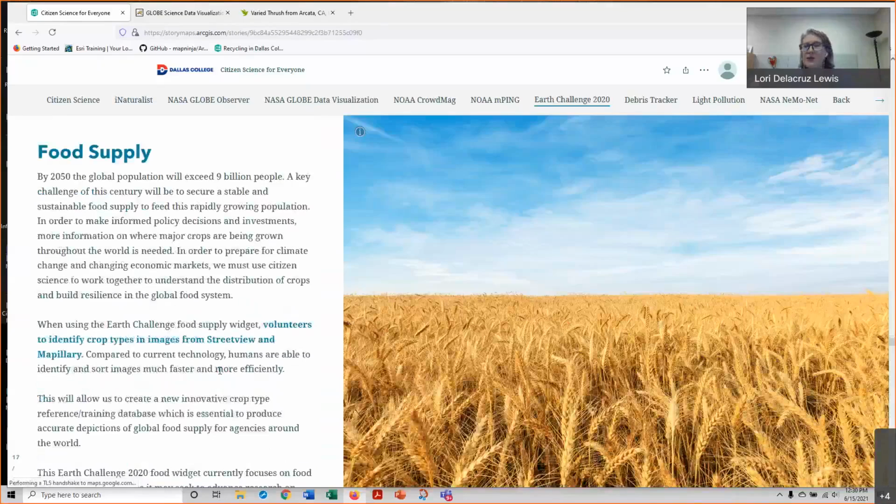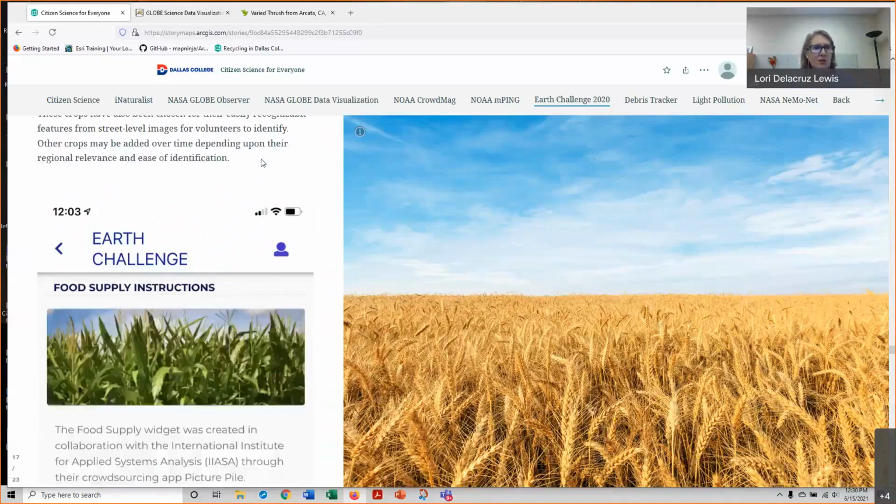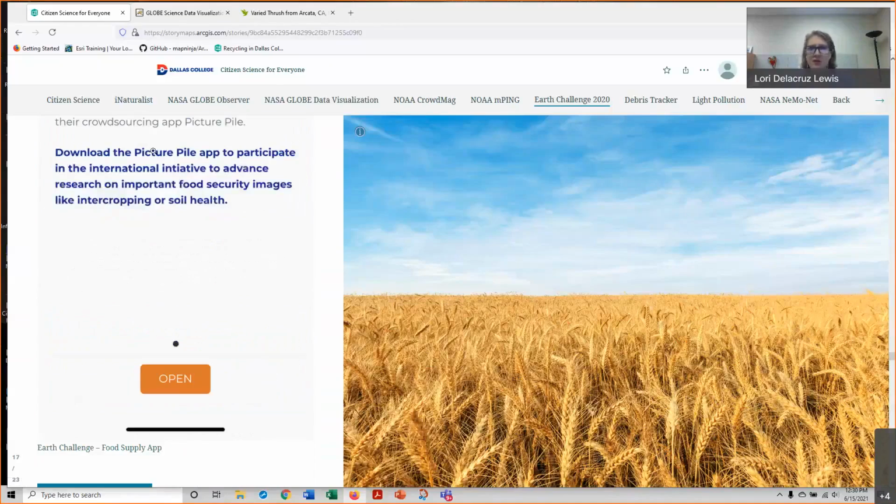And the food supply, this one's really kind of interesting. This one is actually a two-part app. So you're downloading the Earth Challenge app and you're going to the food supply section. And then you also download another app called Picture Pile. And what it's doing, it is showing you pictures of